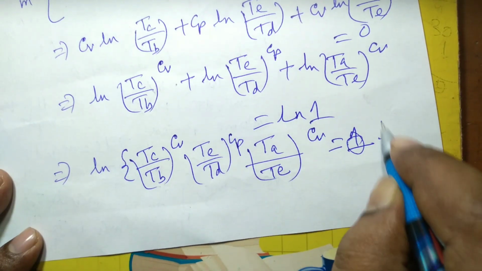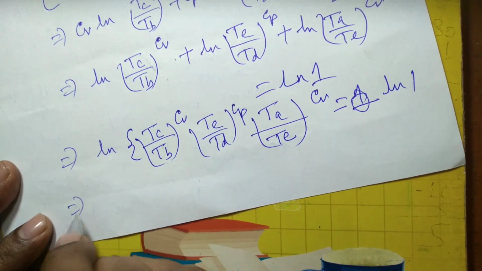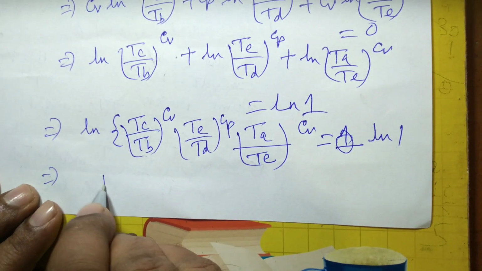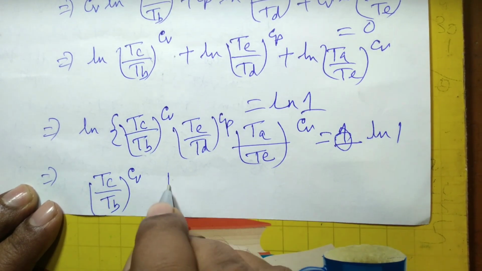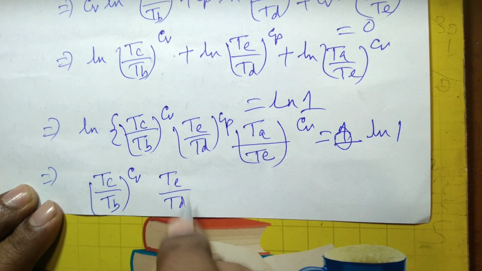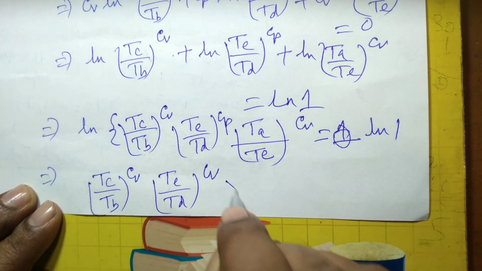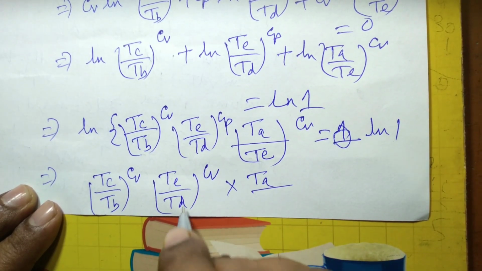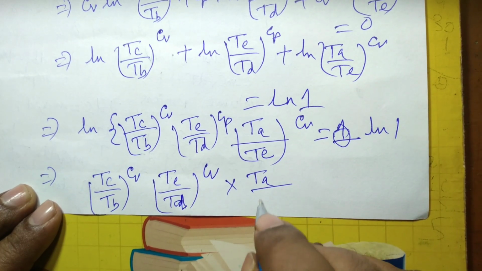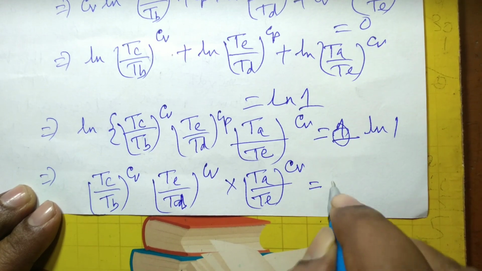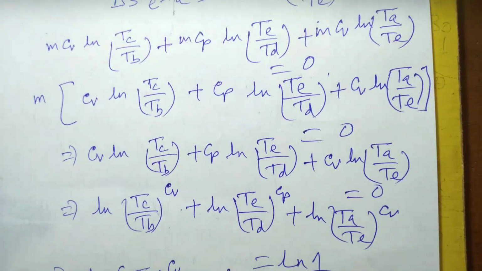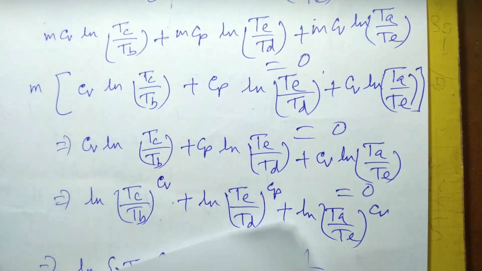Sorry, ln 1. And from this I can write TC upon TB to the power Cv, TE upon TD to the power Cp multiplied by TA upon TE to the power Cv equal to 1. And on multiplying these terms, this becomes